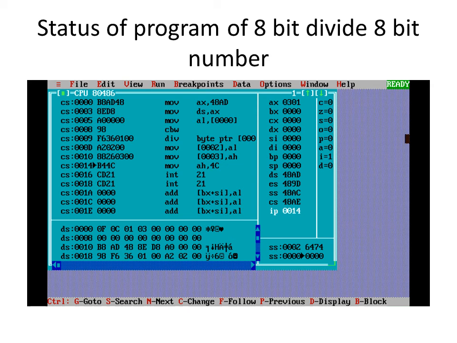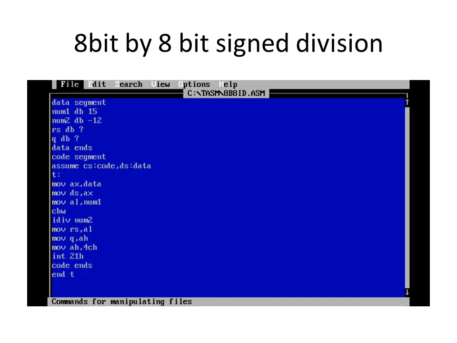As you can see the program, 32-bit divided by 16-bit.